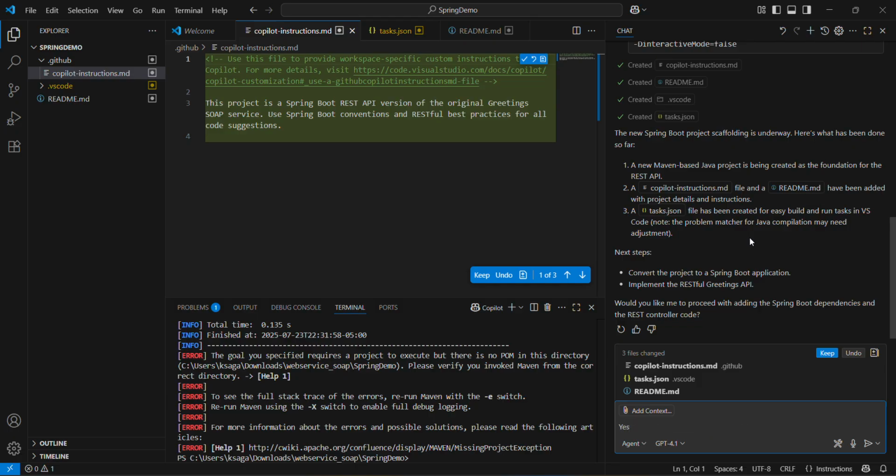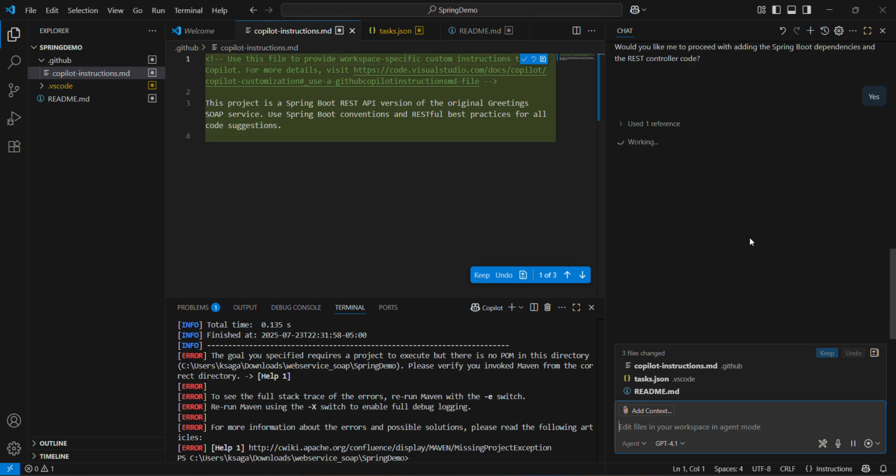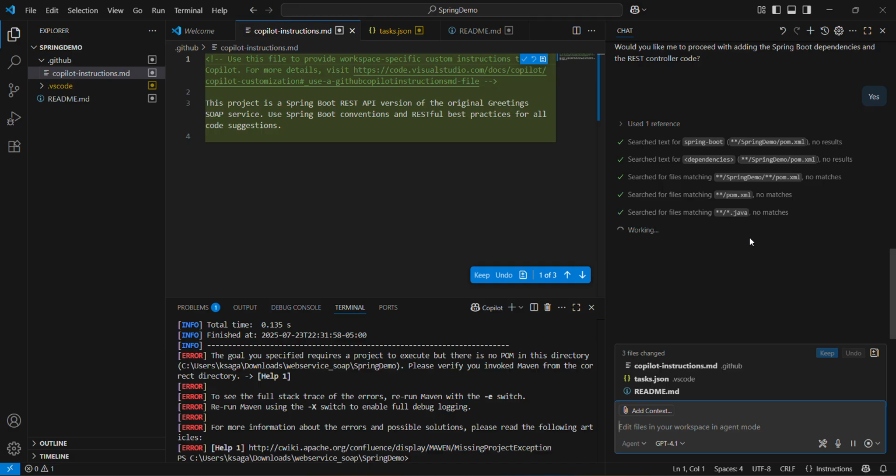So it's asking next steps. Do you want to convert this into a Spring Boot application and implement the RESTful API? So far, I haven't touched the code at all. I haven't written a single line of code. I'm just talking to the GitHub Copilot and giving it my requirements and communicating with it, and it's doing all